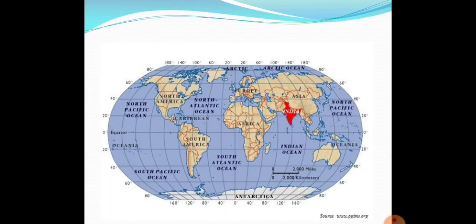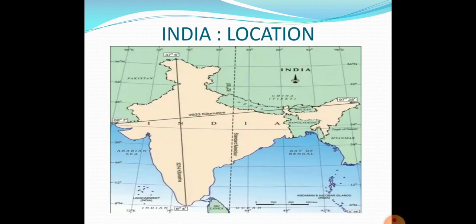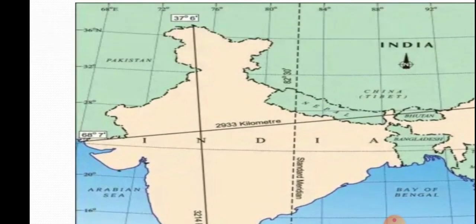First of all, India's location. You can see on the map that we are in the Asia continent, and if we divide Earth into east west zone, we are in the eastern zone. So we are in the eastern hemisphere, and you all know that we are also in the northern hemisphere. Before reading this chapter, you should know what is longitude and latitude.